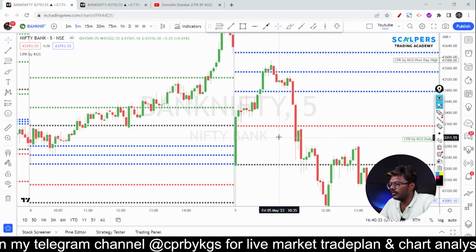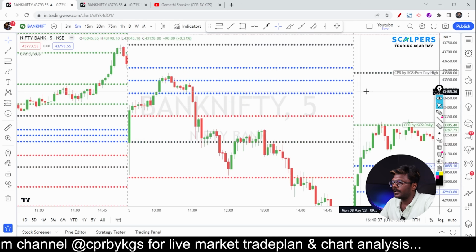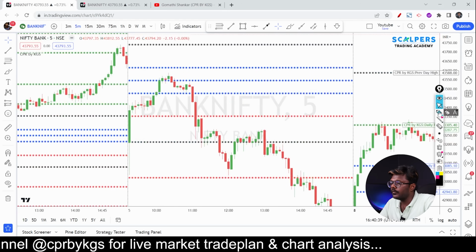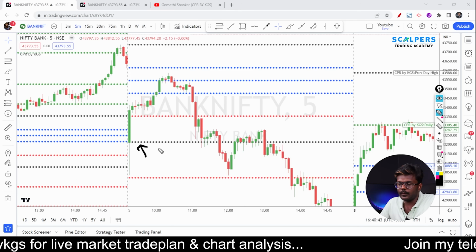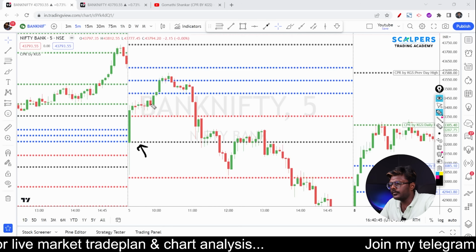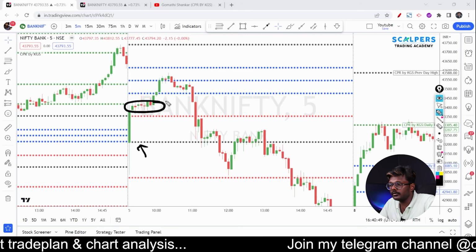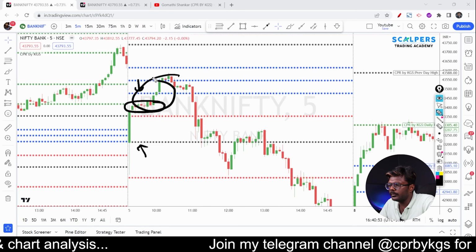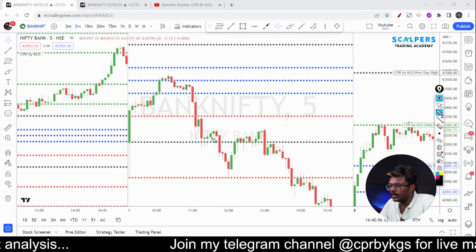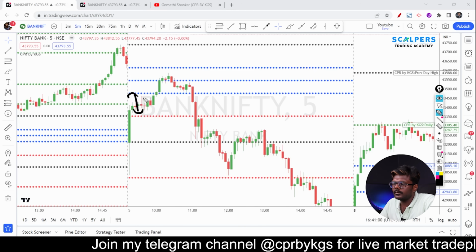All right, so let's look at the trade opportunity on 5th May, Friday. As I said earlier, you can look for long above previous day high, above previous day low. So in the first few candles, there is no point in taking a long position because CPR is very close. So over here there is no long position at all. Though the candles have gone up, there is no point in taking a long because there is no room for